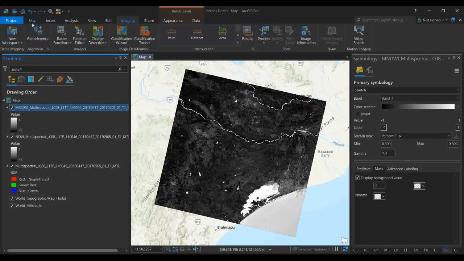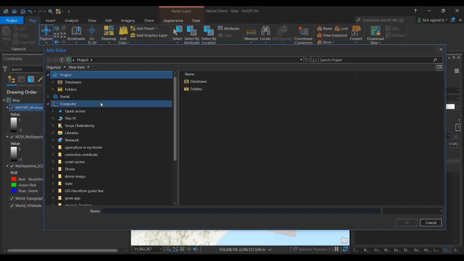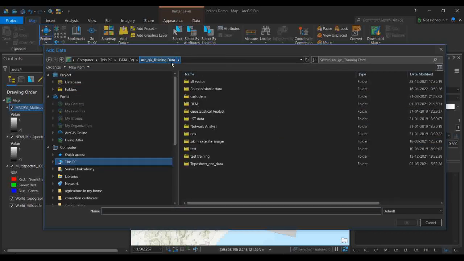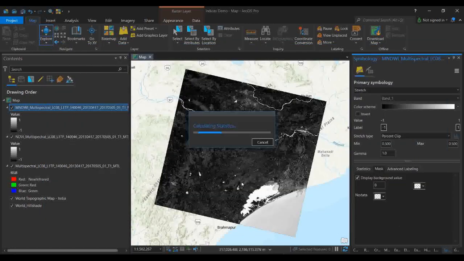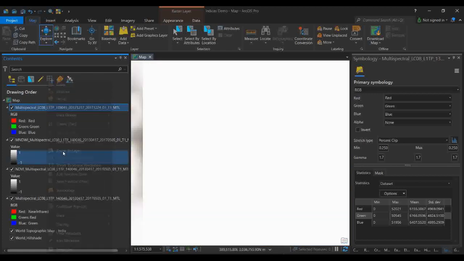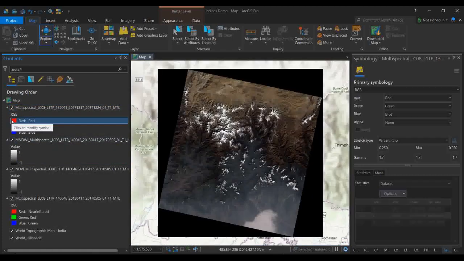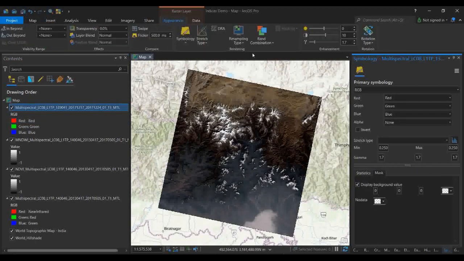Okay, so now many people are also asking me, sir, can you please show me how to target the snow? So for the snow, I am just taking one image which can show you the snow. This is one image I have for the Sikkim area, suppose. So let's open the image, and then I will show you how you are going to process this image inside ArcGIS Pro. As this image came, I am just zooming to layer over that particular image. The same thing I am doing over this: I am removing the black pixel value, converting it to a false color composite, and now I am going to extract the snow cover.